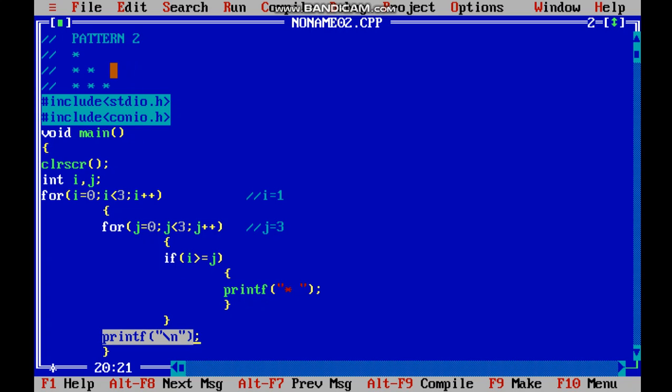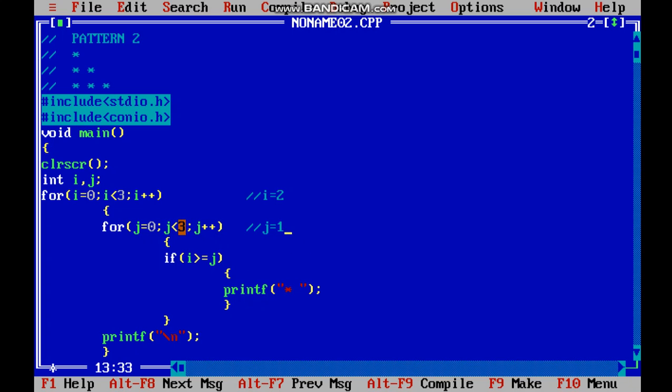Now it will give us a new line after this. Our cursor was here, right? Now after this it will provide a cursor right here. Okay, then it will increase the value of i to be i equal to 2. Now for 2, again the condition will be checked. j equals to 0 and 0 is less than 3, correct? So the i value is 2. 2 is greater than or equal to 0, true. Then again an asterisk and space will be printed, and then in the next one the j value will be 1.